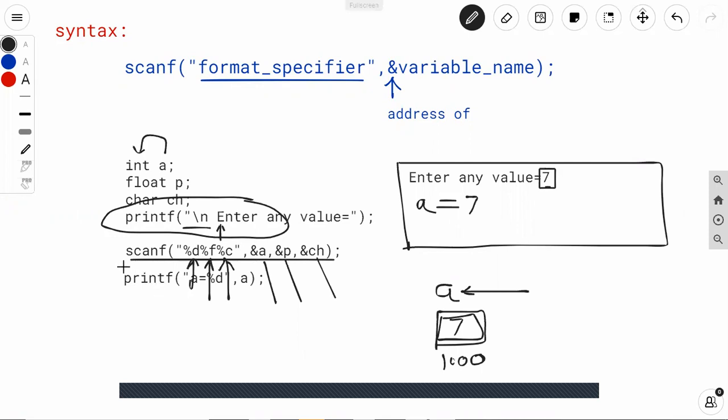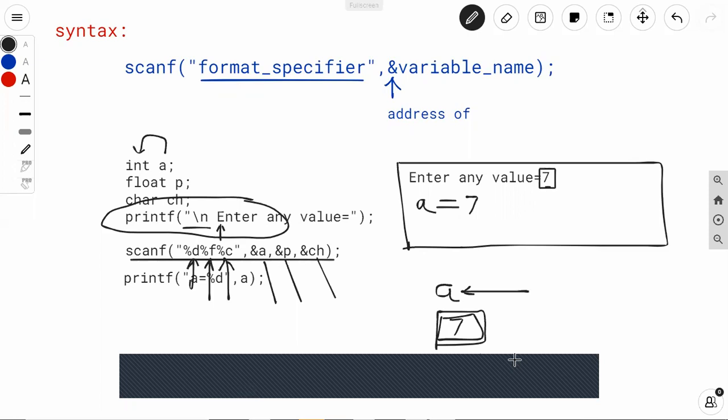Then that value is stored in a particular variable. So in this way you can accept the value from the user and you can print the values on the screen. So are you getting or any doubt? Yes, anyone? Any doubt?